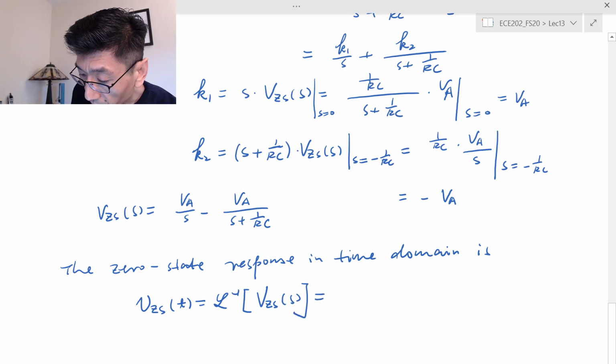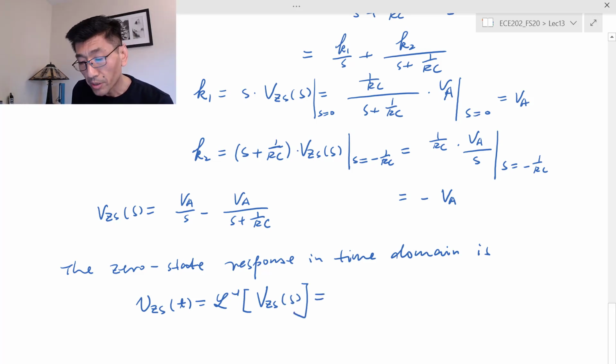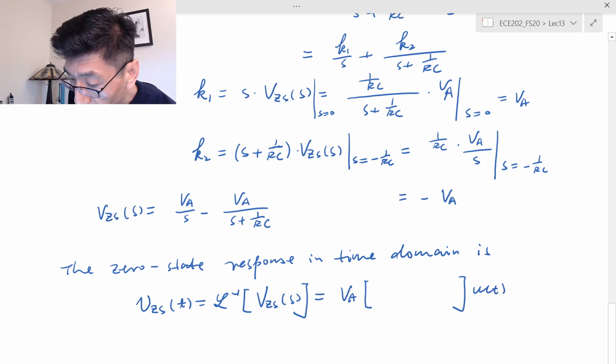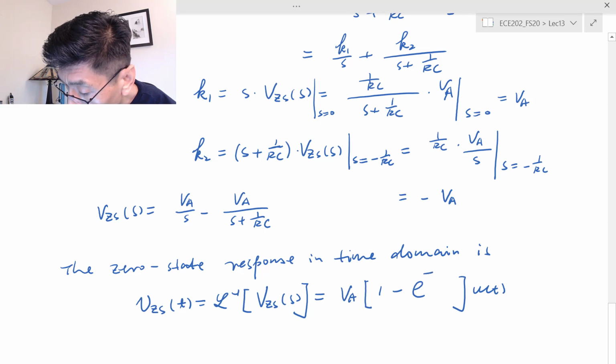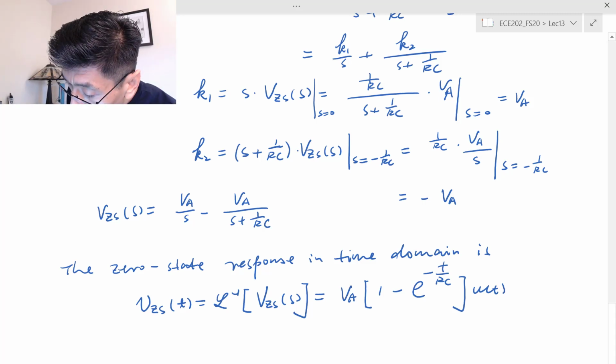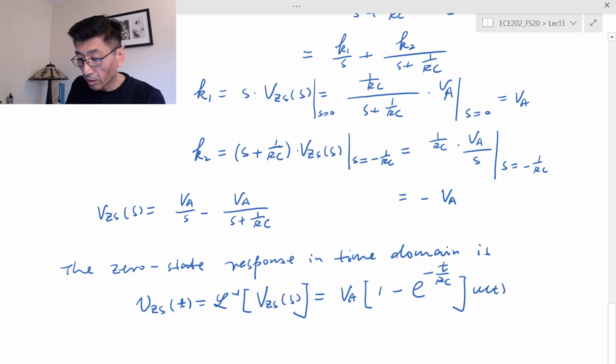And the first one here is u(t), right? So VA times u(t). And the second one also has u(t) there, but this one is minus e to the minus t over RC, right? So that's the result, and let's see if this makes sense. Hopefully it does. So at t equal to 0, that means